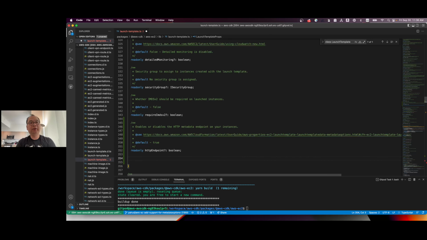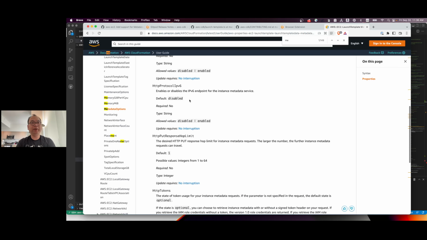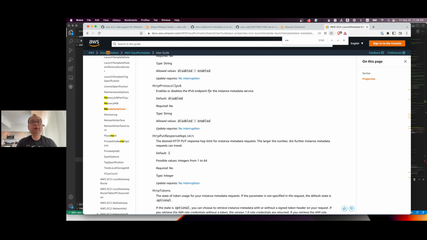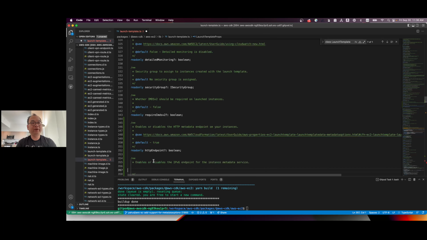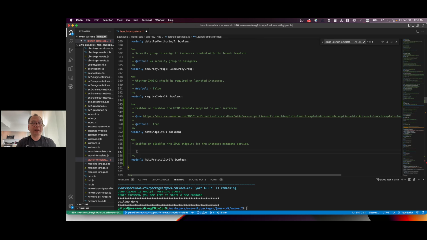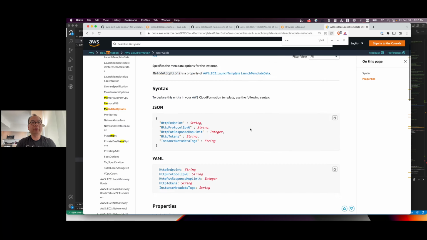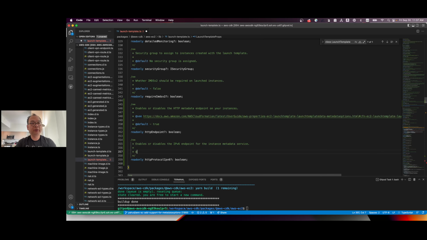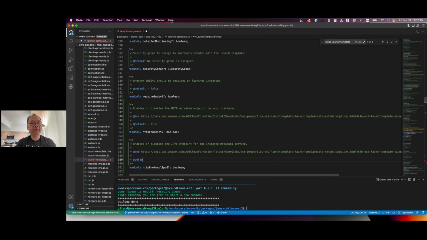This will allow users to have a reference link to the original document to see more details, right? Now the second property is HTTP protocol IPv6, and the default is true. Enable or disable the IPv6 endpoint for the instance metadata service, and the default is true, right? I will scroll up and click the IPv6, so I will have the permanent link to this document. Default is true,